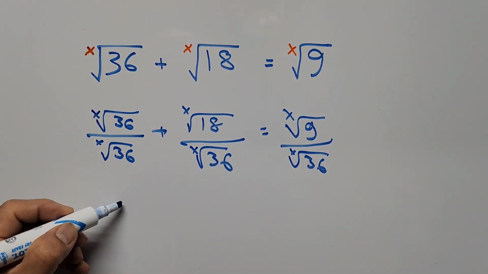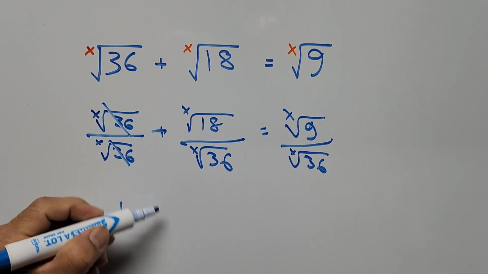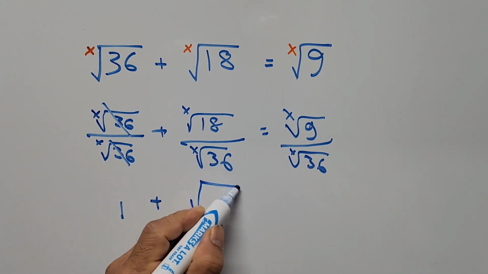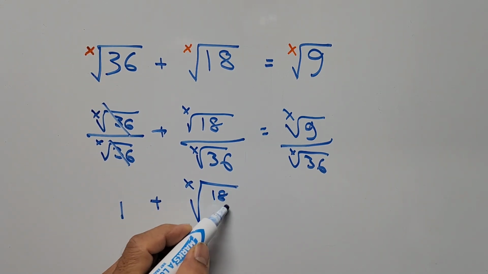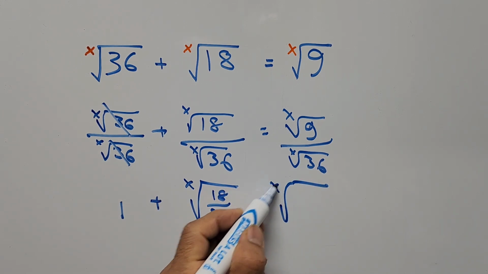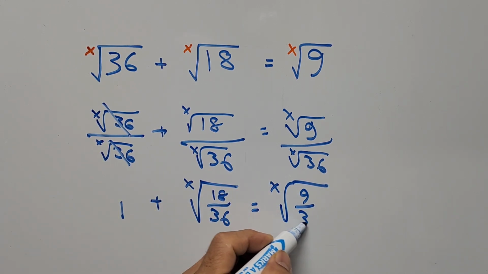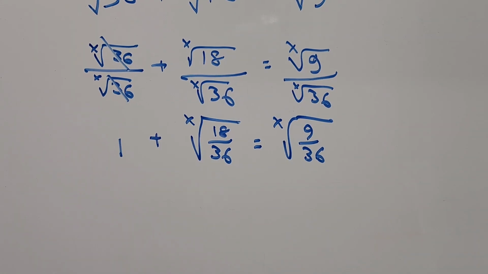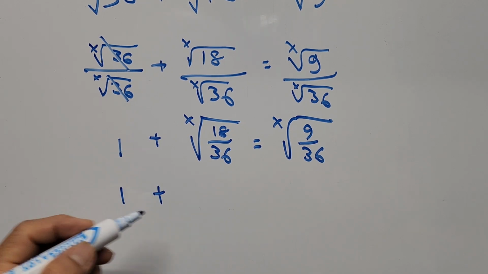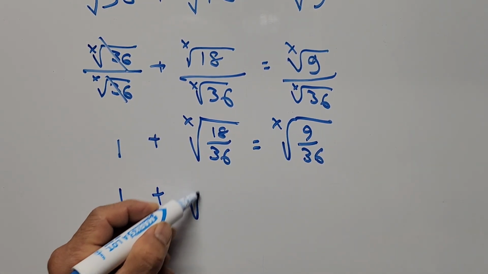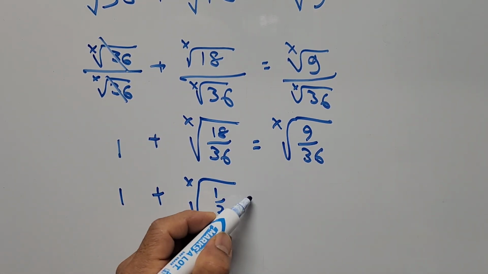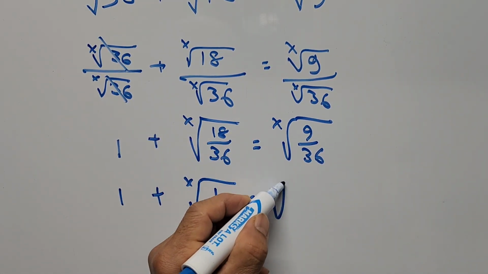this term simplifies to 1, since this cancels out, and then plus, the second term can be written as the x-th root of 18 over 36. And the right hand side can be written as the x-th root of 9 over 36. And the equation now simplifies further to 1 plus, and the second term is simplified to the x-th root of 18 over 36, that's 1/2. And the right hand side can be written as the x-th root of